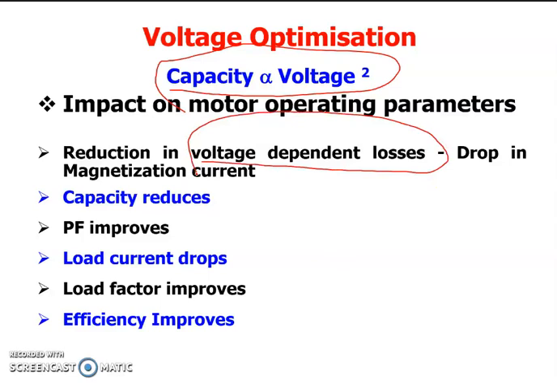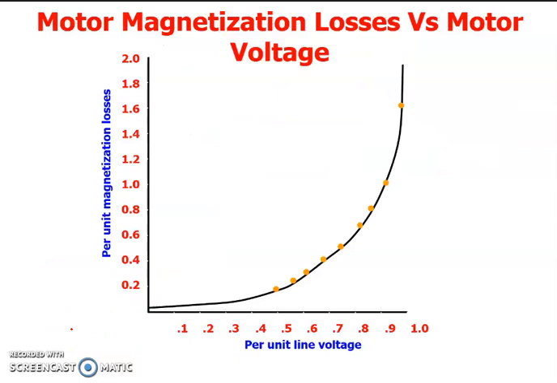So effectively the capacity is going to reduce, the power factor is going to improve, the load current drops, and the efficiency is going to improve. So this can be seen graphically. So this is the per unit magnetization losses, and this is the per unit voltage. So here you can see that